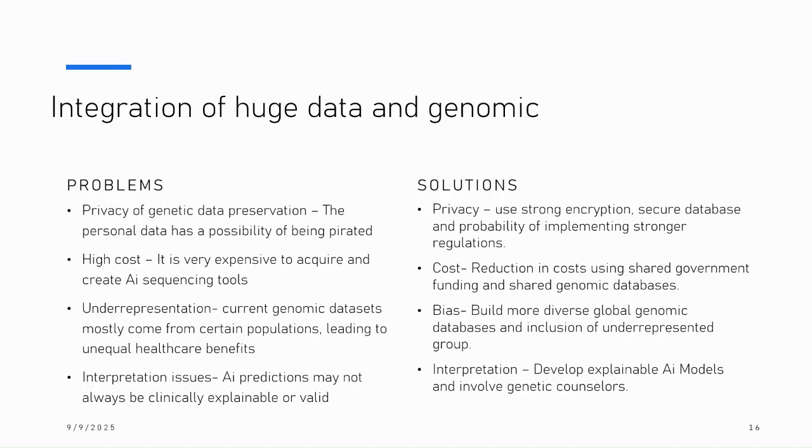And for interpretation issues, as we will talk about in further slides as well, explainable AI is still being developed and is in a phase of rapid development. These systems don't just give predictions, they also show why a mutation is linked to a condition. Genetic counselors can then work alongside AI to guide patients properly. With these improvements, AI could become a key driver of personalized medicine in the future. Moving further,